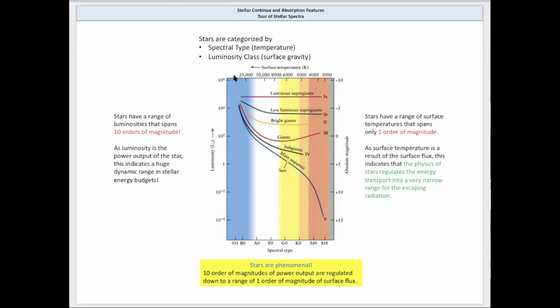So you have all this energy in the core, which the total luminosity comes out of, because that's conserved, the energy per second coming out. But the surface temperature is only between 3 and 30,000 degrees. So there's something regulating stars that, even though they have a huge range of luminosities and power output, the flux coming out of the surfaces, the surface flux, doesn't vary